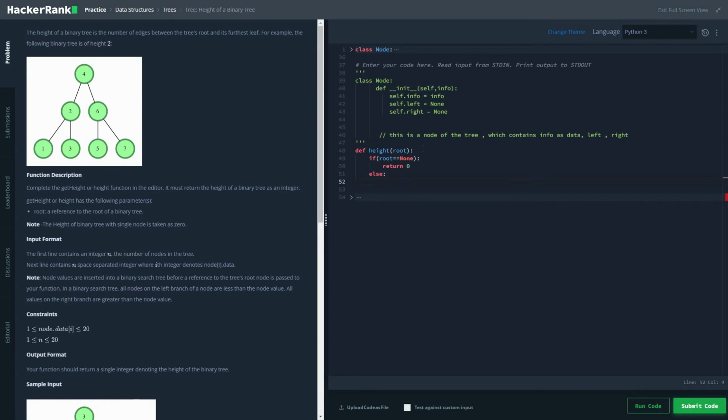Else, L height equal to, we will be using a recursive function, on root dot left, and R height on root dot right,